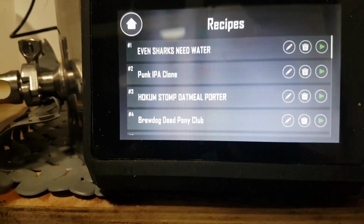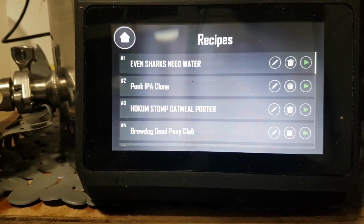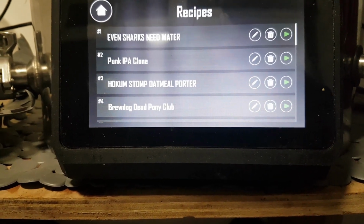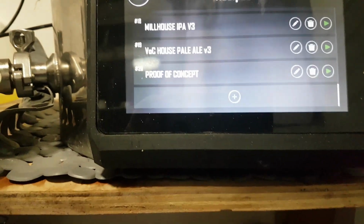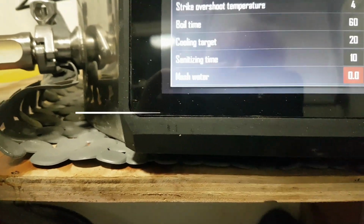I'm going to input a recipe. One or two people asked me if I can just go through how I put a recipe in, so I thought it's nice. I think it's really easy, so we'll do that. Right, so you scroll down the bottom, you can see the little X there and a circle around it. You just press that,